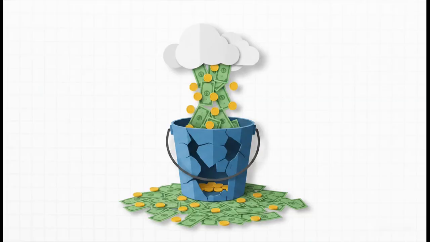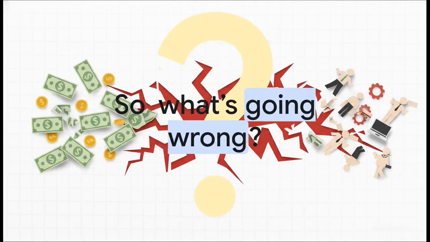It's like you were spending good money to fill up this bucket with new leads, but almost all of it is just leaking right out the bottom before you ever even get a chance to speak to a single person. It's just not sustainable. So that's the million-dollar question, isn't it? If people are clicking, but they're not calling, where's the breakdown? Where exactly is that leak?